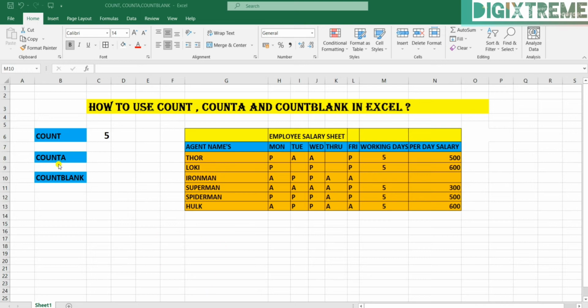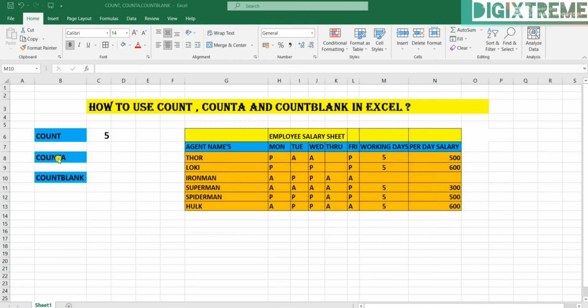Now let's move to the next one. You must be thinking, what is the difference between COUNT and COUNTA? Let me explain it for you. The COUNT function is used to count a range of cells containing numbers or dates, excluding blanks.